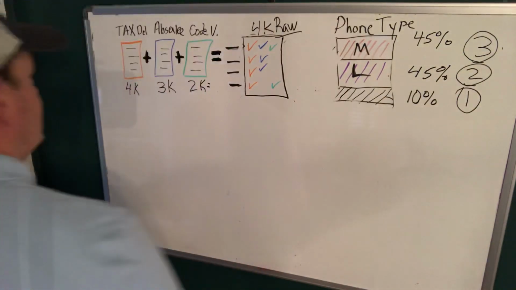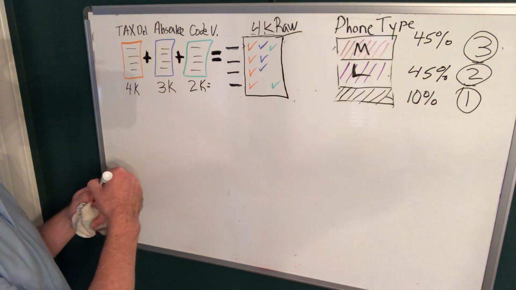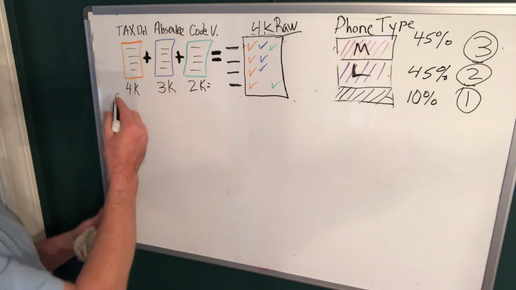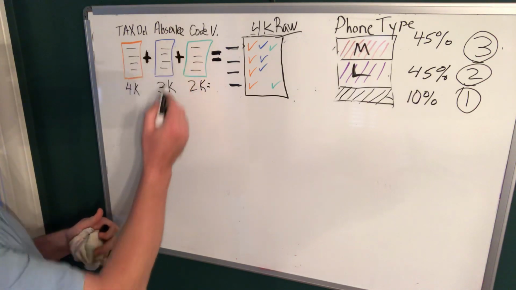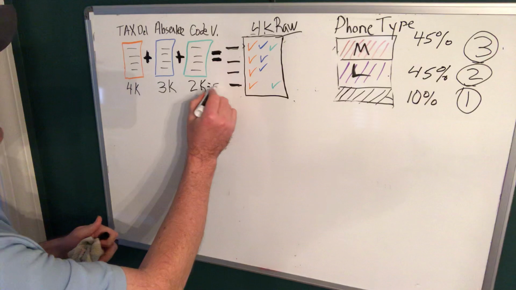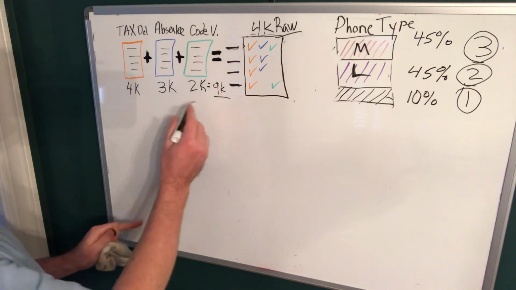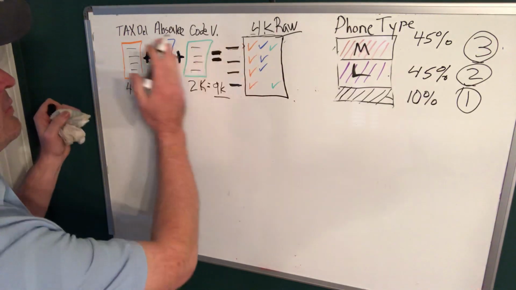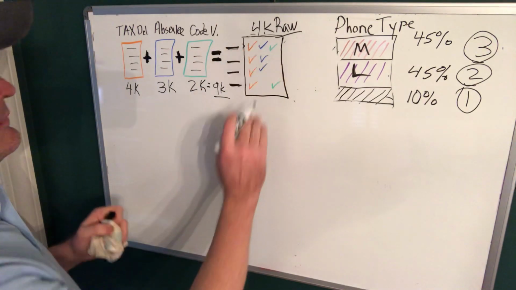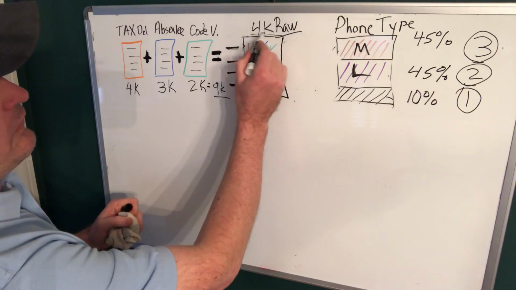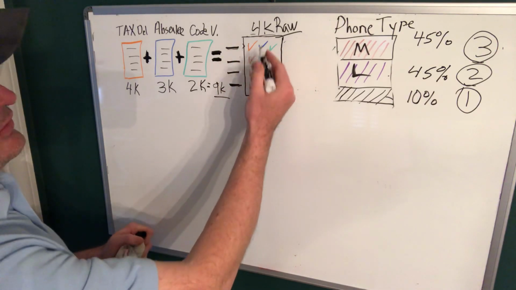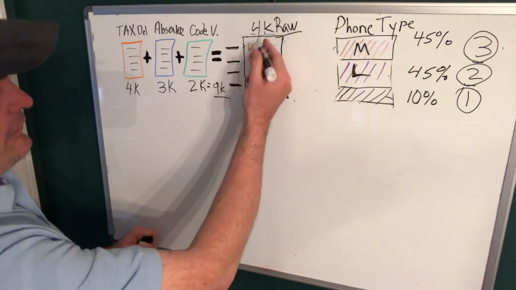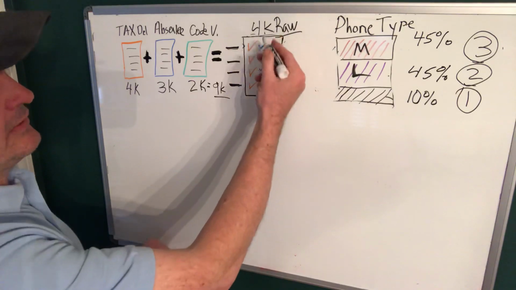So over here you can see that we have just some lists broken out. Tax delinquent has 4,000 people. Traditionally you'd send that off and get it skip traced. Absentee owner, and then code violations. This comes out to be 9,000 different properties if you count up the individual lists. Stacking just puts them all together into a raw data set. The raw data set now only has 4,000 properties in it because they're unique. And you can see that the difference is 5,000 properties that you would not have had to skip trace if